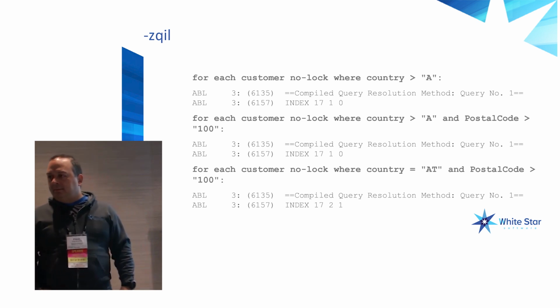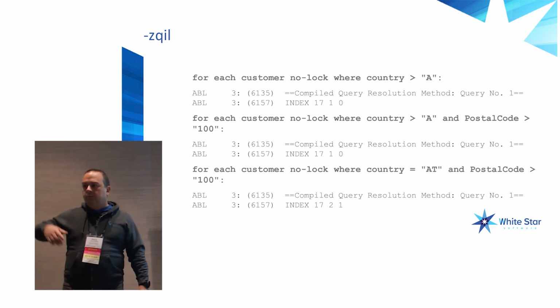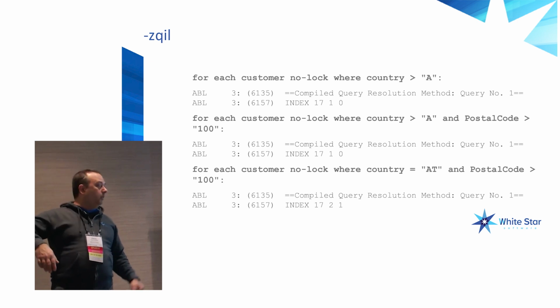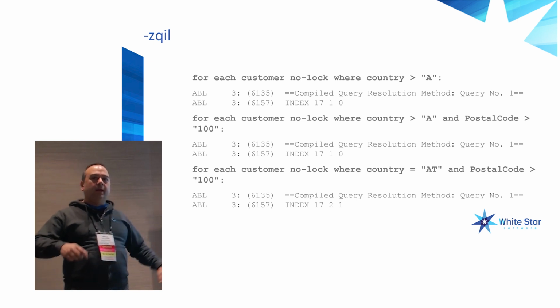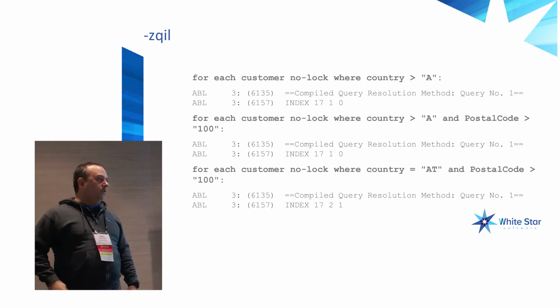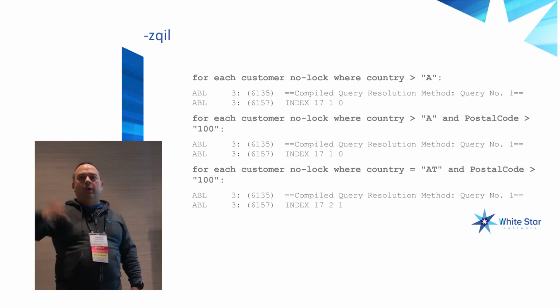Just to clarify, it only works for shared memory connections, and it's a client startup parameter. God forbid you would put this on the database itself, right? Again, very, very verbose. I'm only showing you 2 lines, but each one of these is actually like 20 or 30 lines in the log file. So if you were using this across the board, it would just be generating all kinds of junk in your